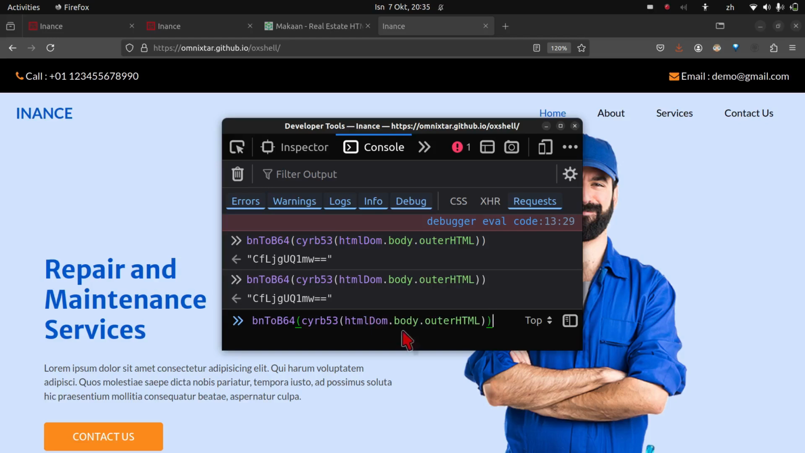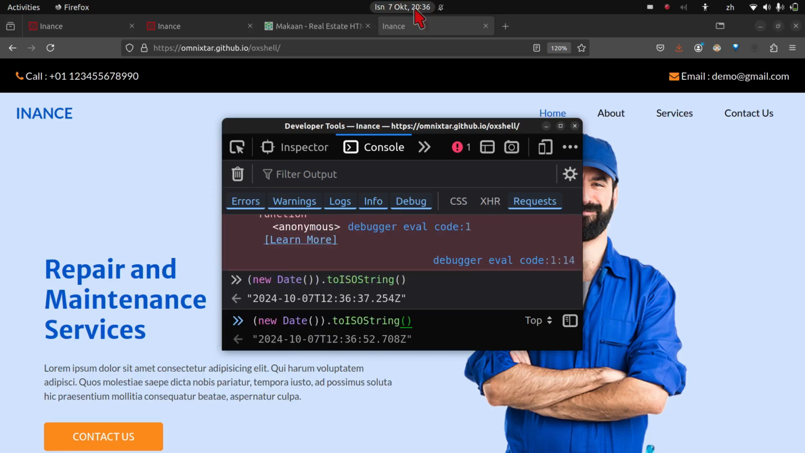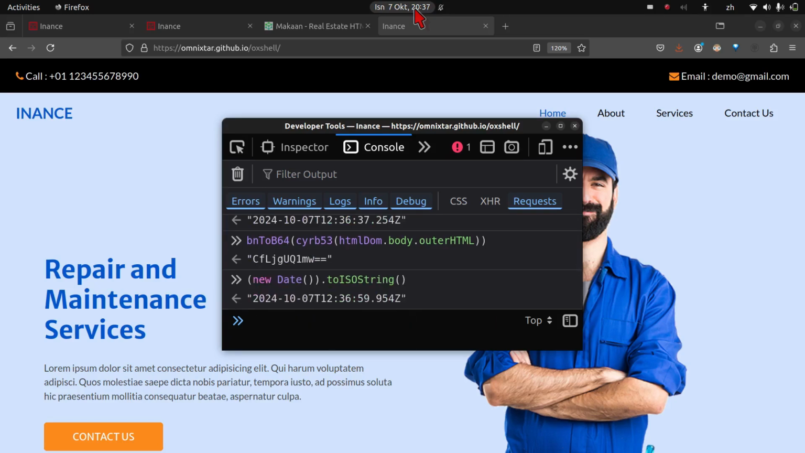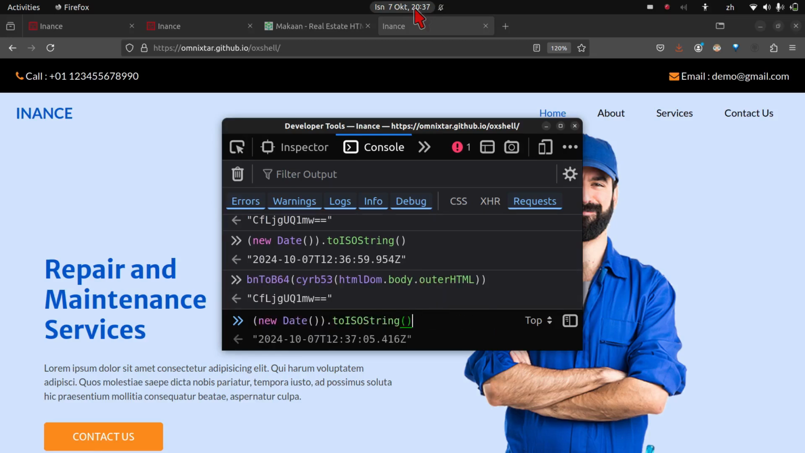In the end, we have clean HTML layout code free of contents data and JavaScript code, which we can use to generate a hash code to identify its ownership. We verify this using the hash code functions bn to b64 and cyrb53, using HTML DOM outer HTML as the input. See that we do this several times over more than 10 seconds and the hash code remains constant, namely cflgguq1 meter width ==